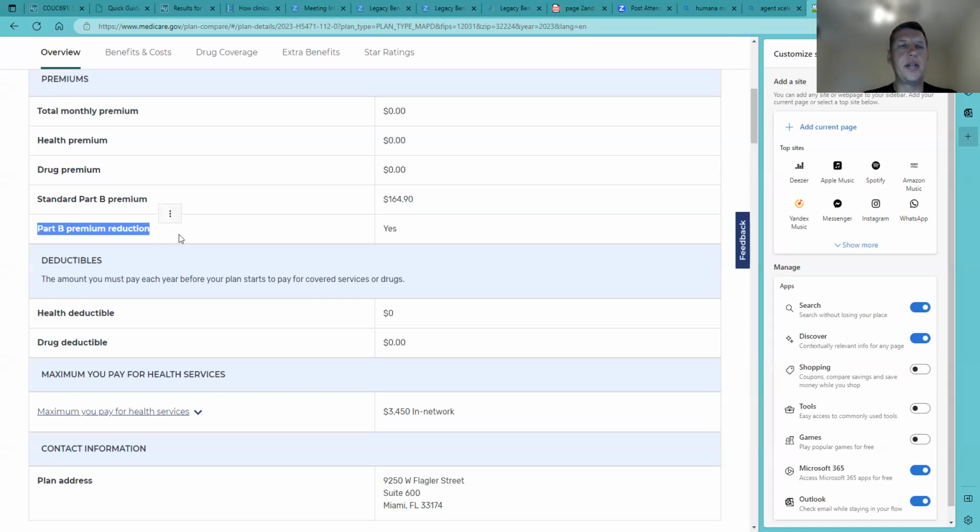What that is, is a reduction of their Part B. So how that works is the plan, so you understand the big concept of what happens when you submit an enrollment. The enrollment goes to the insurance carrier, so in this case, it would be Simply. Simply documents that and sends it up to Medicare for approval. Anything that's happening inside the plan has to be approved by Big Medicare and then shot back down to Simply for approval. In this particular plan, they reduce the member's Part B premium by a certain dollar